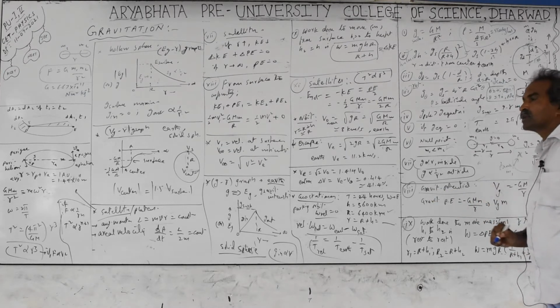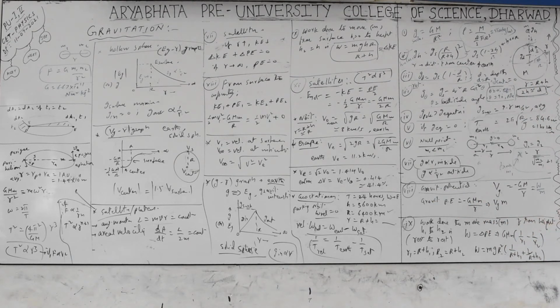Next is gravitational potential. This is not in your theory points, not for the case set, but you must know it. They ask some questions and problems not in your direct syllabus. Gravitational potential is defined as the work done to bring a unit mass from infinity to the given point near the planet, or into the gravitational field.